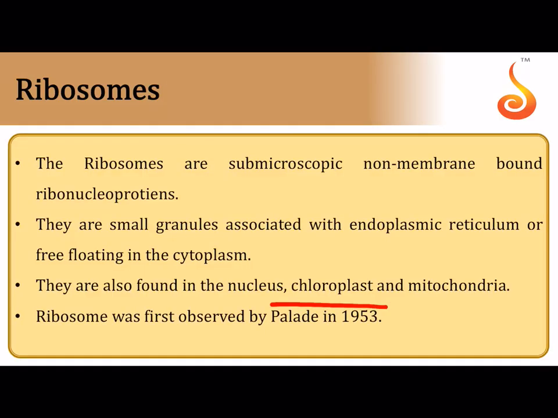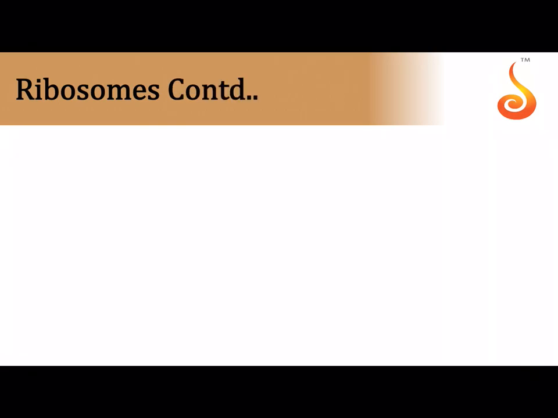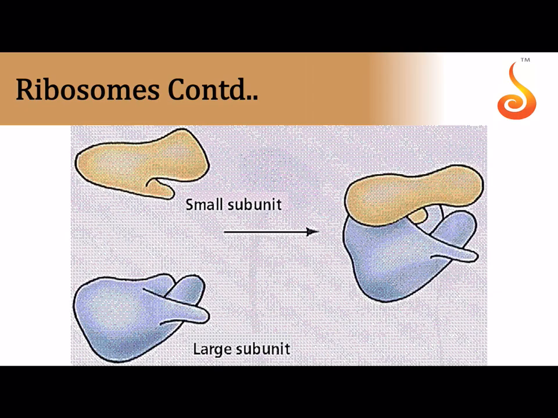The only thing I wanted to tell you here is it was discovered by George Palade in the year 1953. As a result, ribosomes are referred to as the Palade particles. I told you in case of prokaryotes it is 50S and 30S subunit, that is the smaller one is a 30S and the larger one is a 50S, and totally it is a 70S in the case of prokaryotes. In eukaryotes, the smaller one is a 40S, the larger one is a 60S, and collectively it is referred to as the 80S type in the case of eukaryotes.